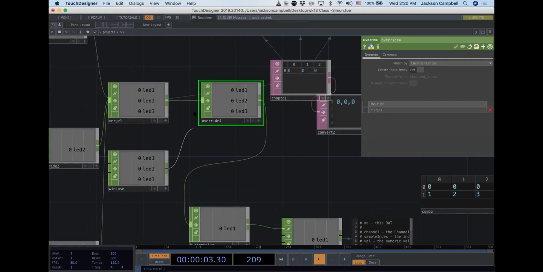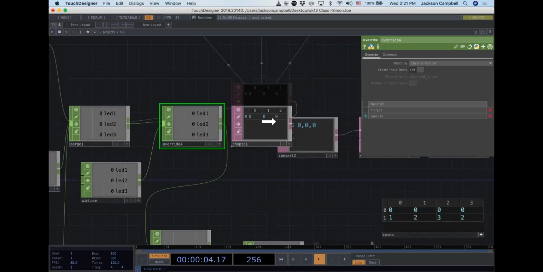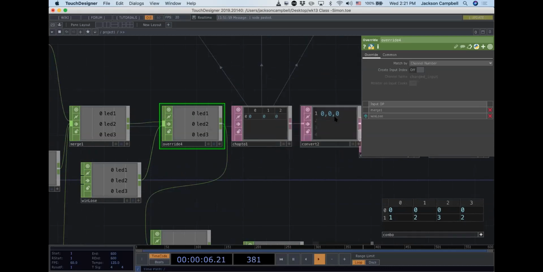Then you can plug in your win-lose. So if for some reason your win-lose has a cable on top of your merge 1, just go ahead and break the cable for win-lose and then reconnect it, and that should put it below merge 1. Okay, so these merge together into an override, and then that needs to get sent to the chop2 instead